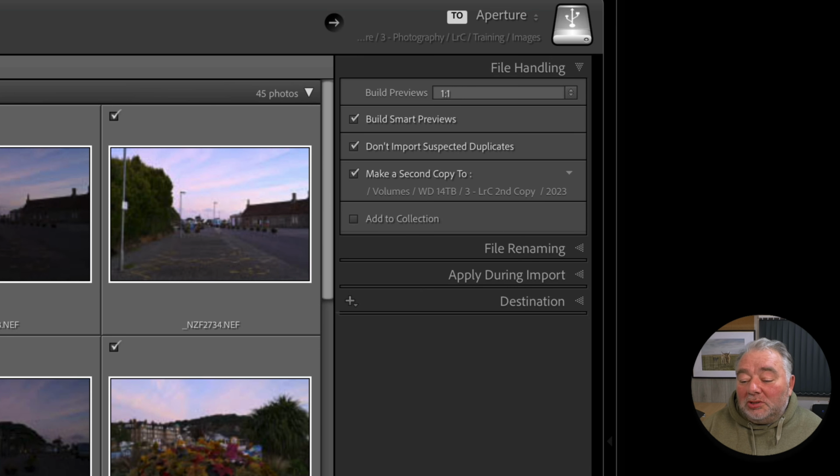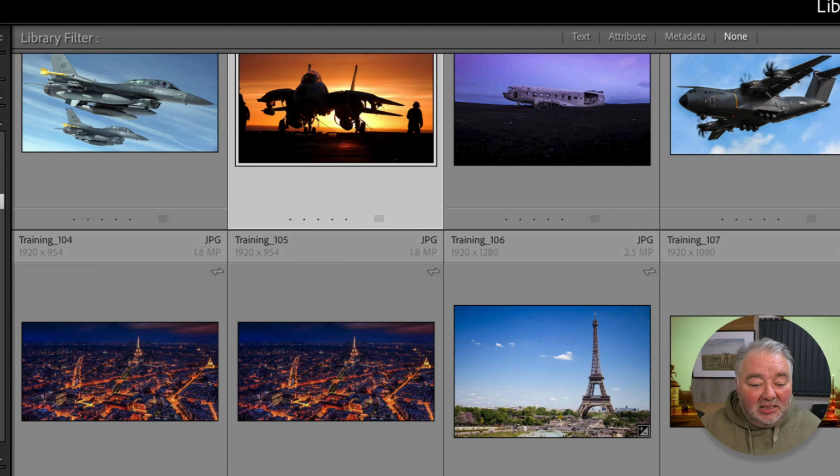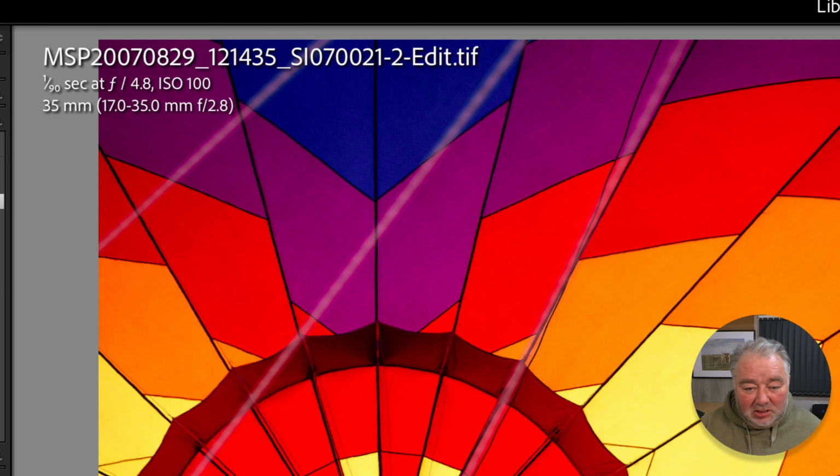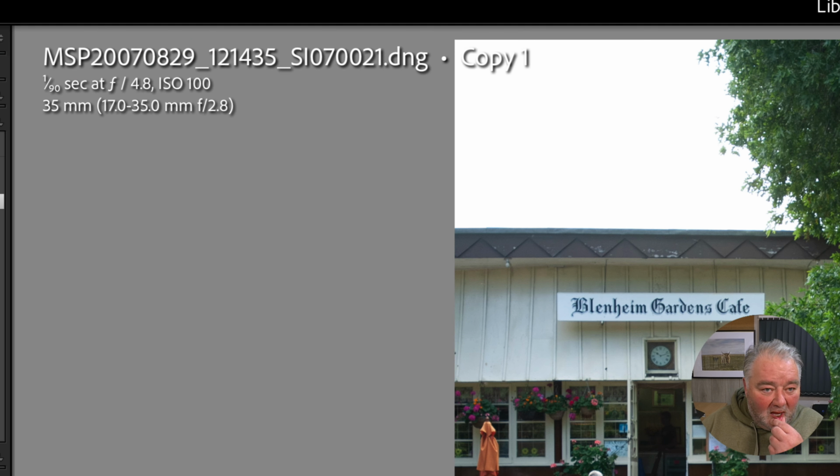Yeah. So what it will do is, here we go. So there's my, oh, it's not a really good image because it's in, there we go, it's in color. So this is the original file name here, come out the camera. This is the prefix that I gave the file name, and it converted it to a DNG. The copy file, the one that I've asked it, will put MSP